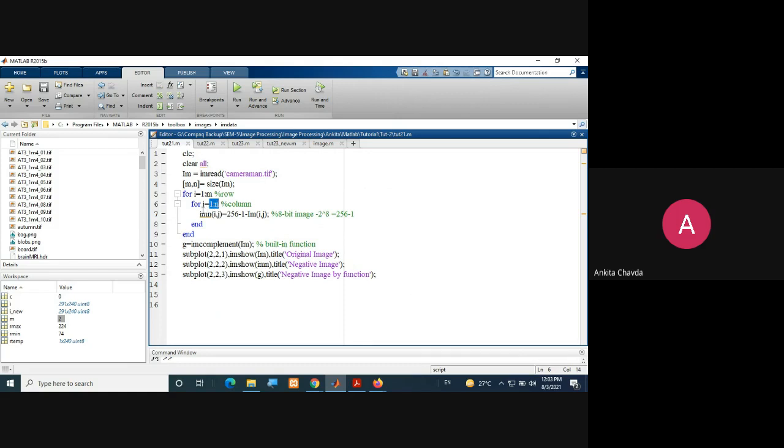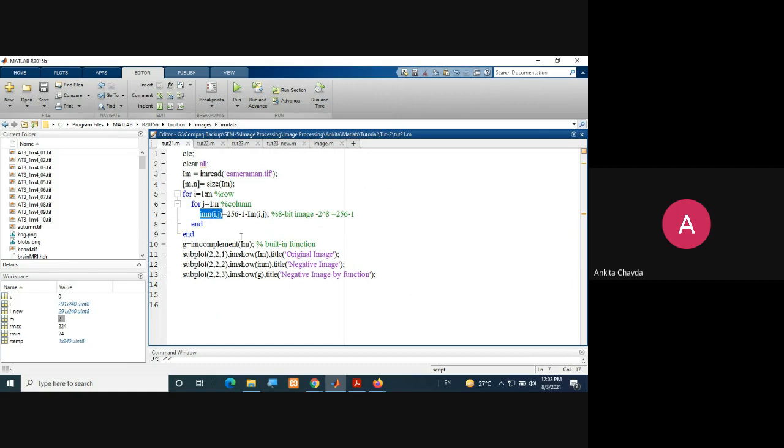Now I'm taking another image, that is imn. You can take any name of your wish, I1, I2, whatever it is. I have taken imn of i, j. At that particular point, the intensity would be what?